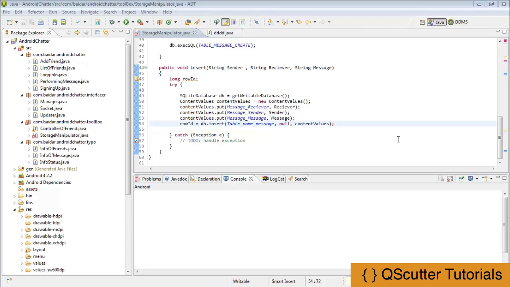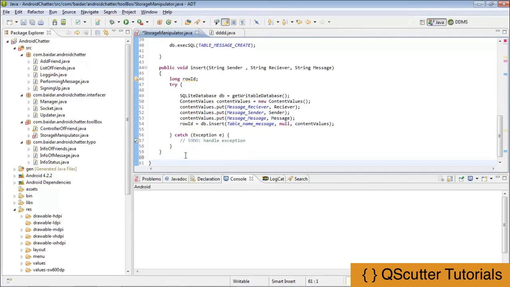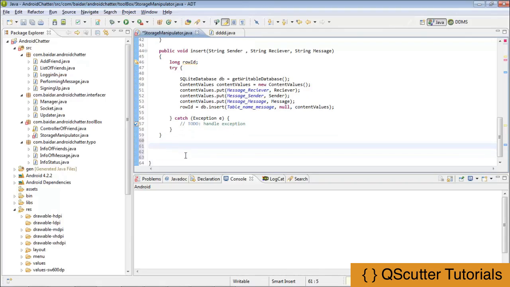For that purpose, in Android SQLite database, we use a concept of cursor. Cursor allows us to select the queries from the database within a very finite set of area. So what I'm going to do is create a cursor in here. I'm just going to press enter, and I'm going to use a public cursor, and get string